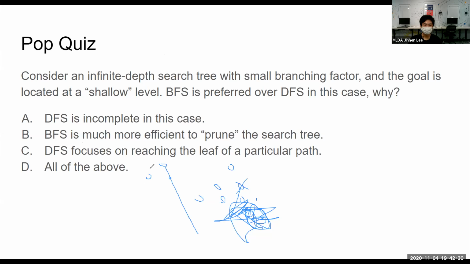So located at shallow level, for example here, this is the goal state. And then if you're starting here, for example, and you have lots of nodes here, and you are focusing on going deep, and then you go here again, and then here again, and then here again. But your solution is here, and you're just going down. If you are using breadth first search, you just search along this level, and that's it. Don't need to do anything anymore. Okay, so I hope this is clear.